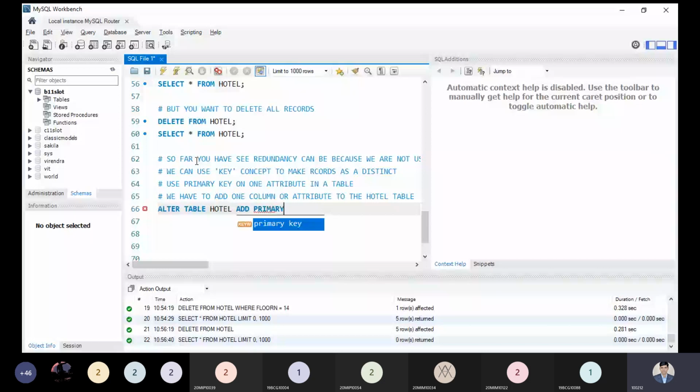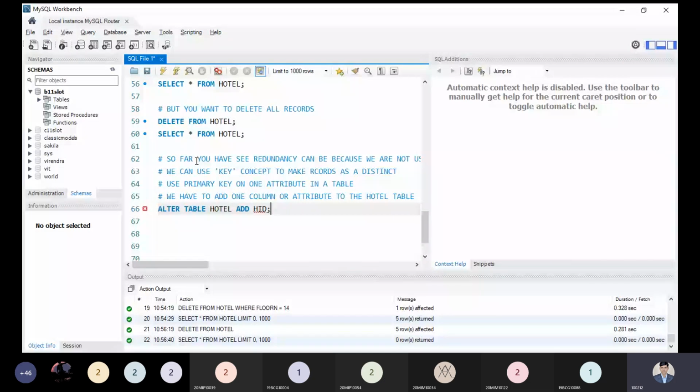So you can add primary key, but how? First we have to add one attribute and then assign the primary key. So alter table name, then add; we can add the primary key or modify. First we need to make hotel ID. This would be your syntax.